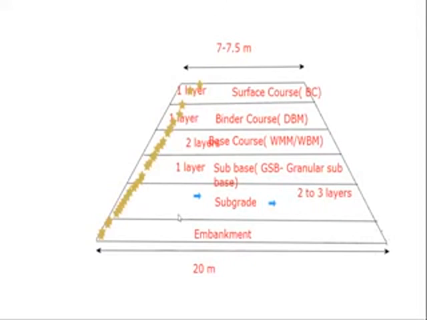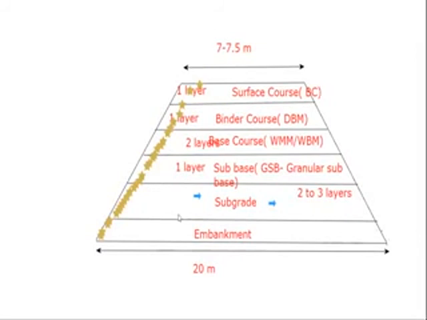Next, what are the materials required for GSB? These are the materials. One is crushed stone aggregates. You have seen these aggregates in our laboratory. We have tested different types of aggregates, isn't it? In the abrasion test you use some bigger size aggregates, 53 passing and 40 retained. Usually that material is preferred for the construction of the GSB layer. That is crushed stone aggregates, the first.